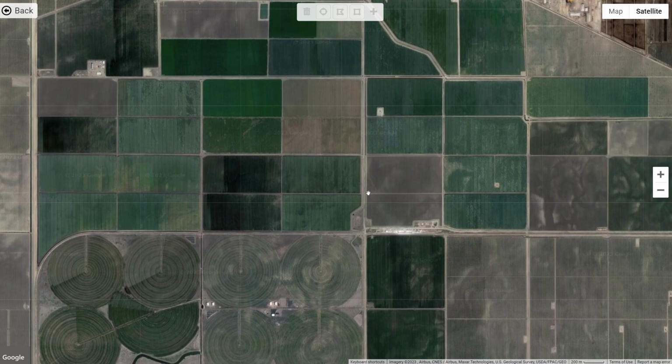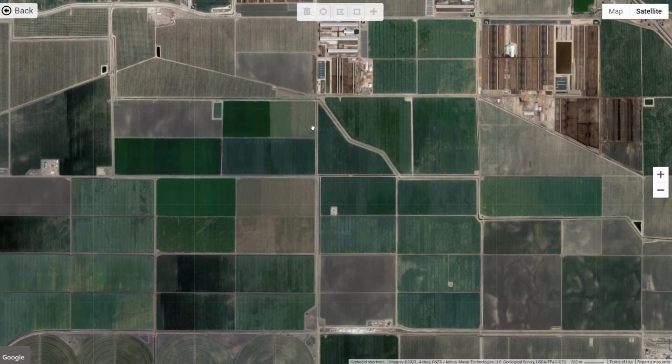Next, we need to outline the field boundaries, and that's quite easy. If the field shape is rectangular, we would use that rectangular tool from the toolbar. Just click and drag to outline the field. If the field shape is circle, like a pivot for example, we would use the circle tool. Let me delete that. And finally, if the field shape is a little more complex, we can use this polygon